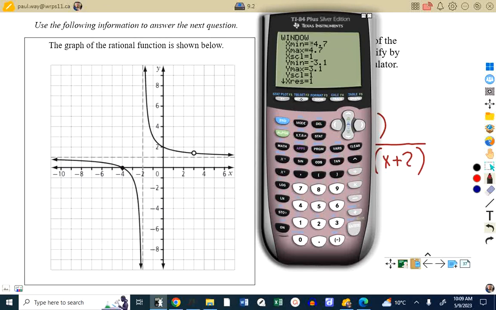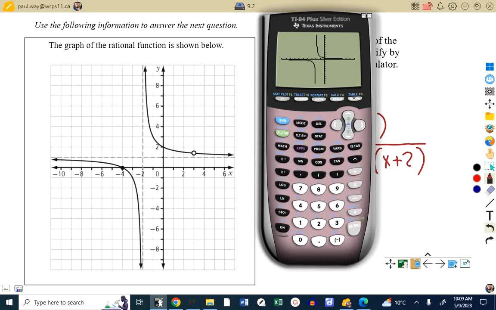My window settings should then go from negative 11 up to 7, and vertically from negative 10 up to 10. And this, I didn't do that right, obviously. What did I do? Oh, negative 10 up to 7 and negative 10 to 10. This graph